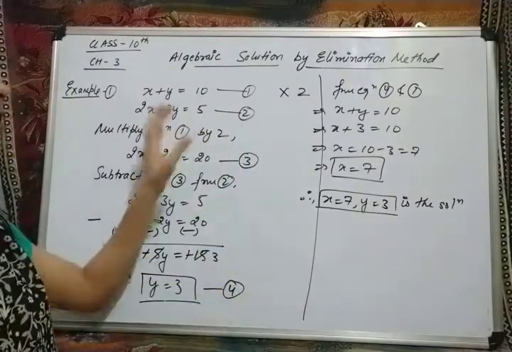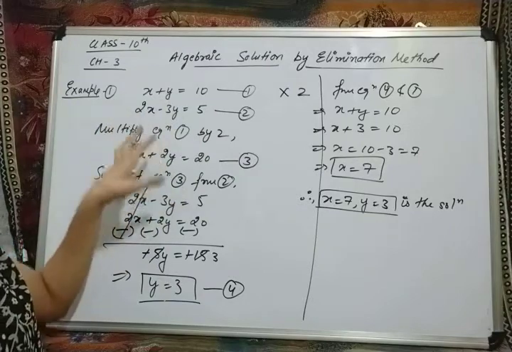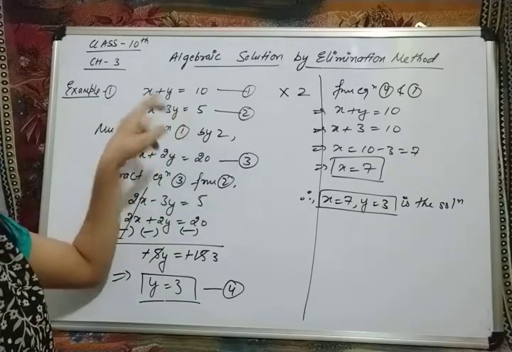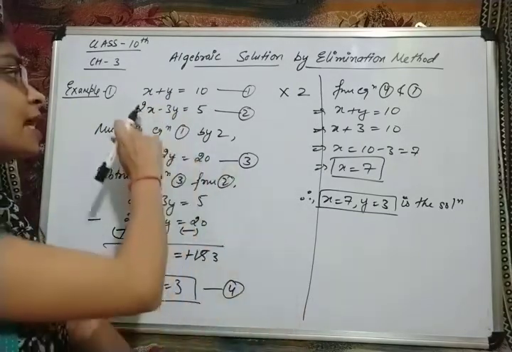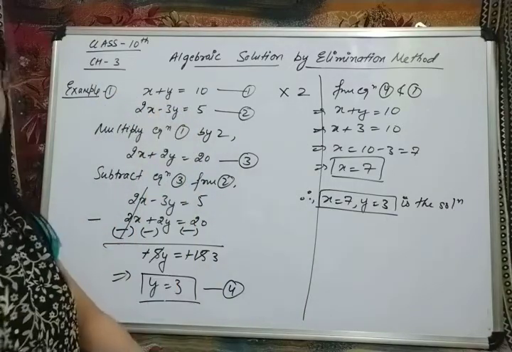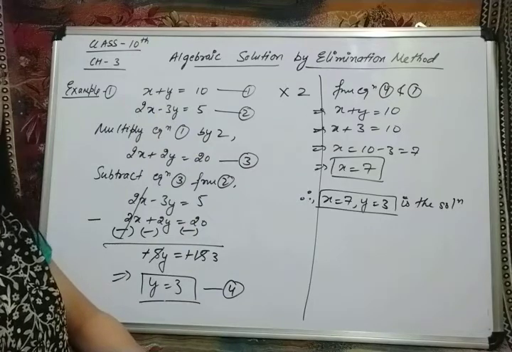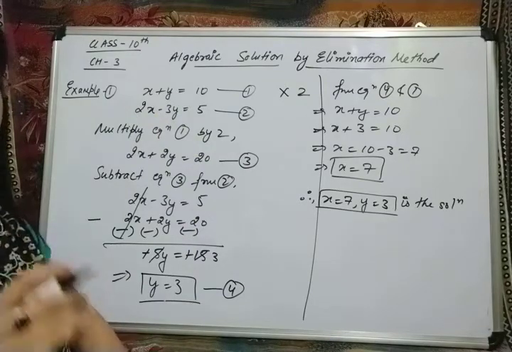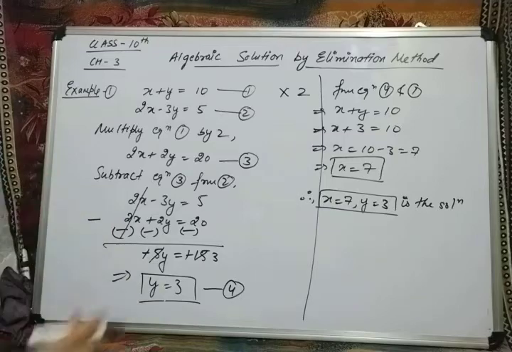Now I'm going to do this solution only, this one only, by making the coefficient of y the same. In the first I have made the coefficient of x the same. Now in this question only I am going to make the coefficient of y the same. Then what will we get as the answer? But before that, just pause the video and note this down.